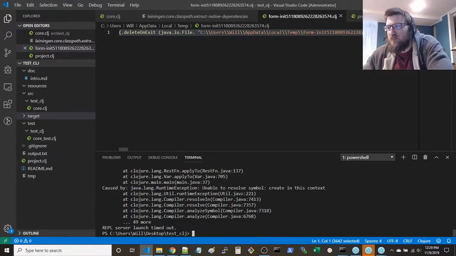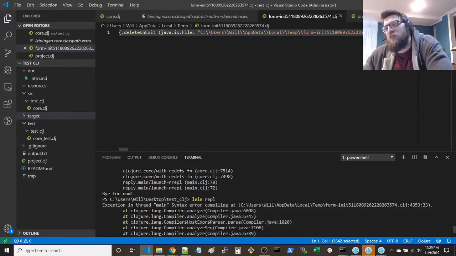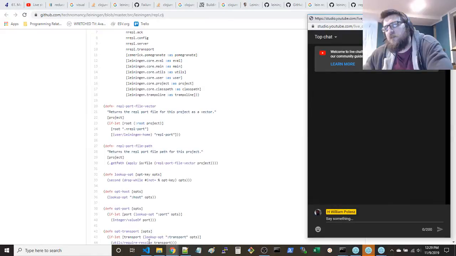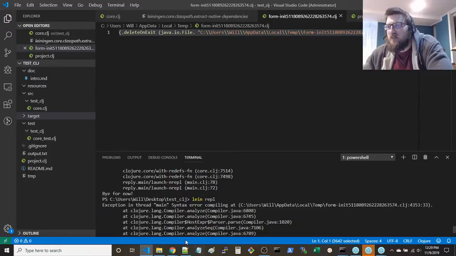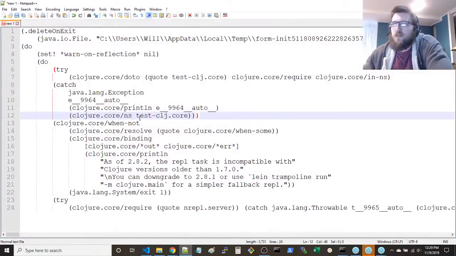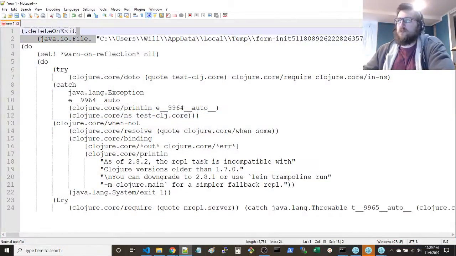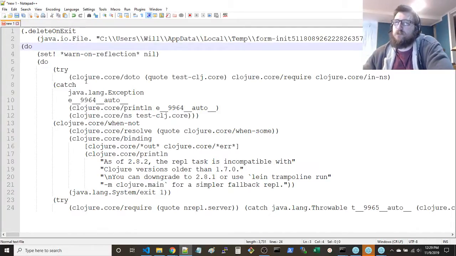It doesn't say where the whole stack trace is. The REPL server launch timed out. Delete on exit, I guess that just means this will be a temporary file. This file won't stick around after these commands execute.